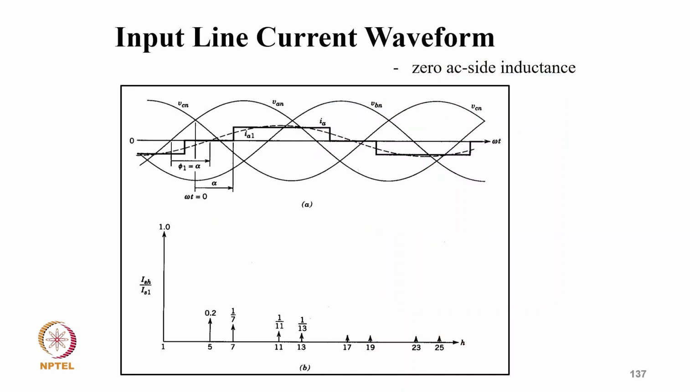So coming to input AC line current, you can say this is a quasi-square wave if there is no source impedance, with the firing delay, and that's the delay for the fundamental current also. And for the harmonic spectrum, you have a fifth harmonic of 1/5th (20%), the 7th is 1/7, and then for a 6-pulse you have the 5th, 7th, 11th, 13th, that is 6k plus minus 1 on the AC side.